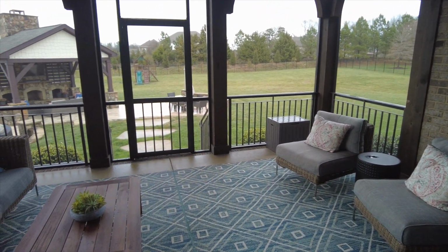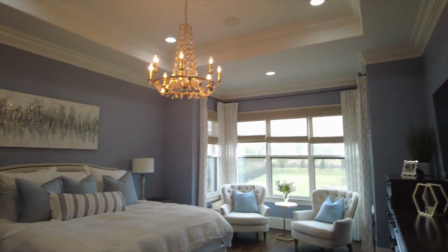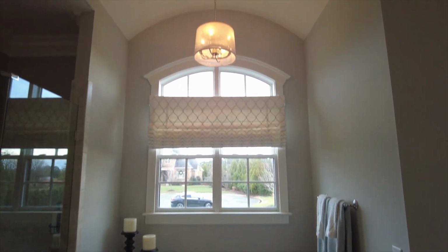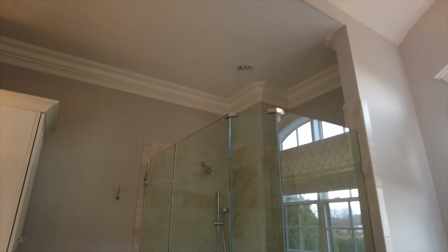No pool. Master bedroom is beautiful. Master bathroom is updated. You've got a standalone tub. A very, very nice bathroom. The house is very, very beautiful. However, it feels a little bit dark. The bedrooms upstairs are not as large, and you have to expect that with a 4,200 square foot house